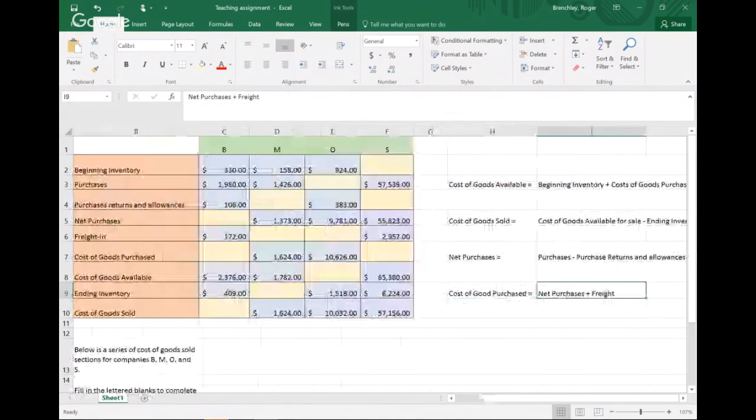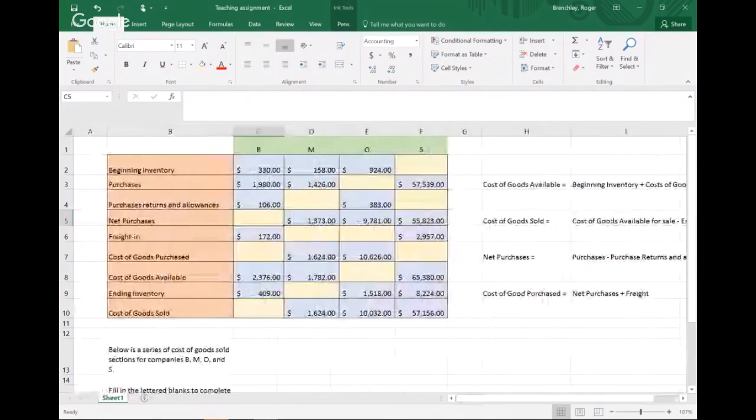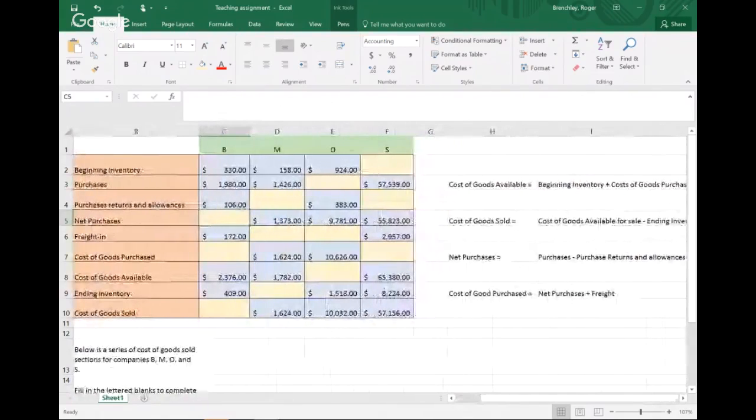In fact, these first couple are really straightforward. There's nothing to worry about. We're trying to figure out what our net purchases are for company B. If we check our formula, net purchases equals purchases minus purchase returns and allowances minus purchase discounts, which we don't have, so we don't have to worry about that. To figure out our net purchases, we're going to take our purchases right up here and minus the purchase returns and allowances. And that gives us